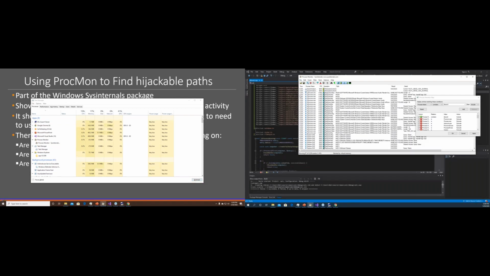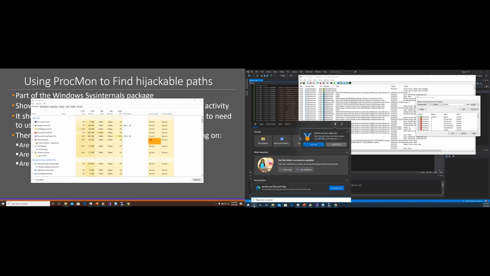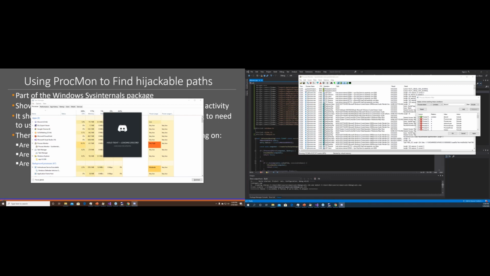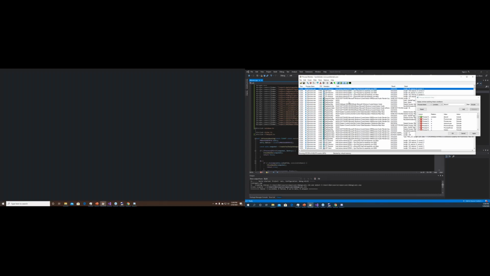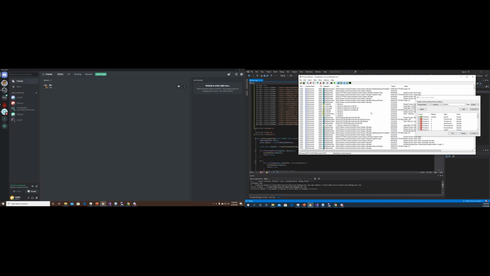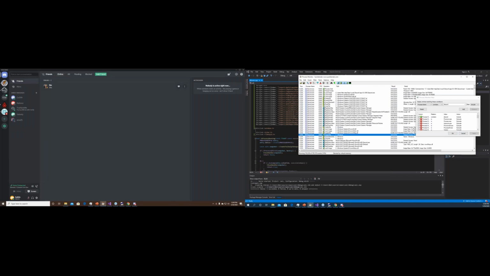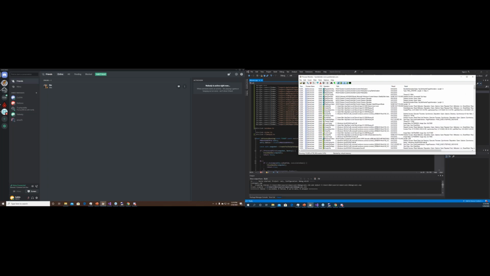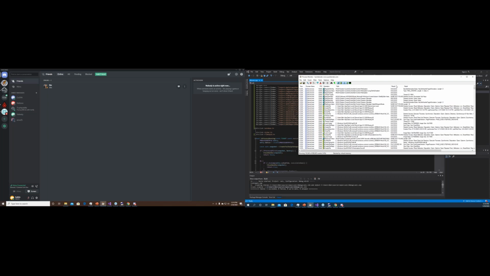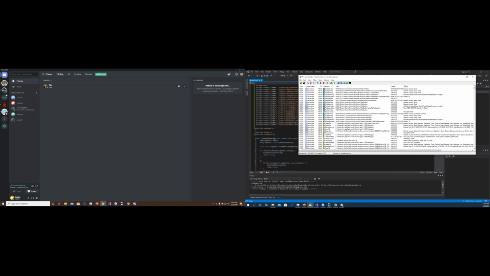So we're going to start capturing and go into Discord. So Discord is going to start up, and we're going to apply our filter. And as we can see here, there's still a whole bunch of stuff going on when we're just looking at Discord. There's this column over here called Result, and you'll see Success and then things called